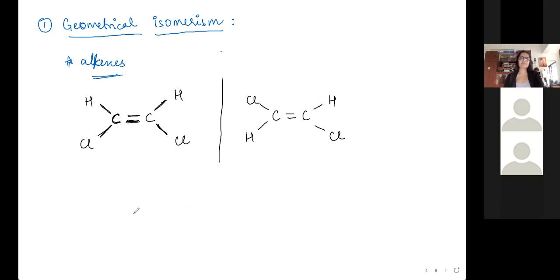Now you can see the molecular formula is the same: 2 carbons, 2 hydrogens, 2 chlorines. The structure is also the same, these two carbons are in a double bond. There is a double bond here, 1 chlorine on each carbon and 1 hydrogen on each carbon. Same thing in both. But